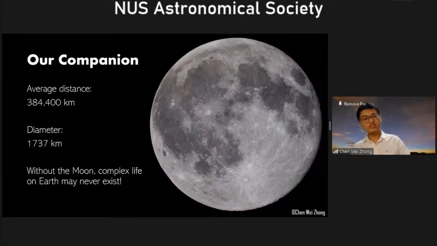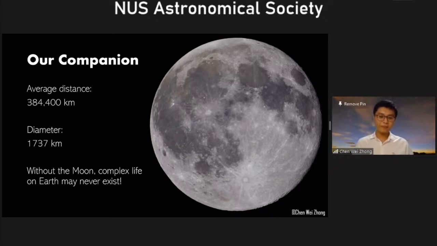Okay, now let's move on a little further beyond our night sky. Let's talk about the moon. The moon is the closest cosmic companion. In fact, we can see it as a little brother or something like that of ours. As you can see here, its average distance is 384,400 kilometers away on average, with a diameter of 1,737 kilometers, and that is about a quarter of the